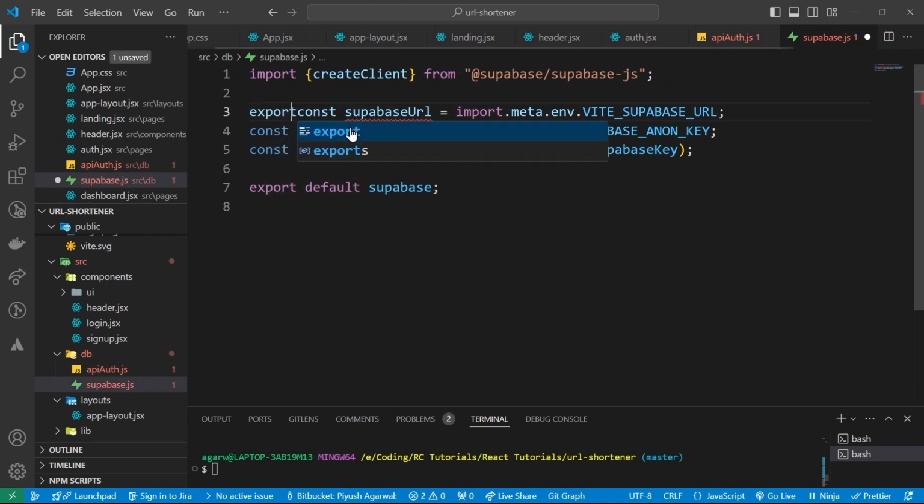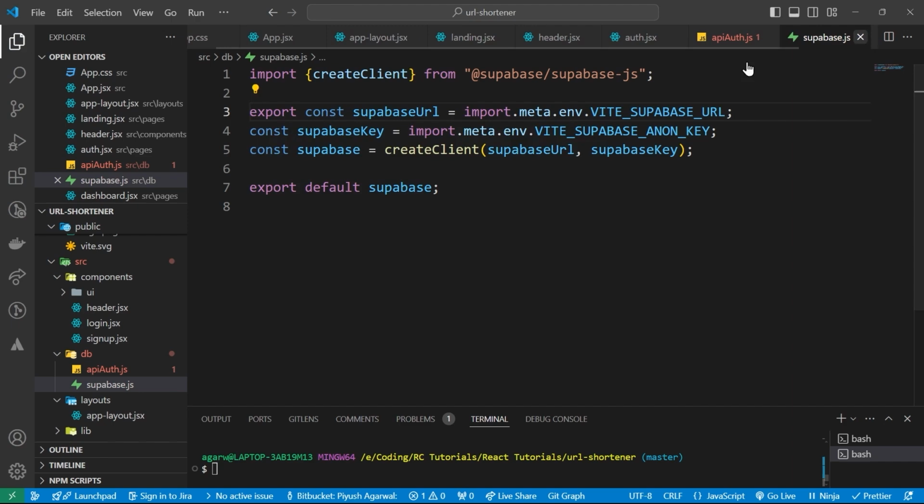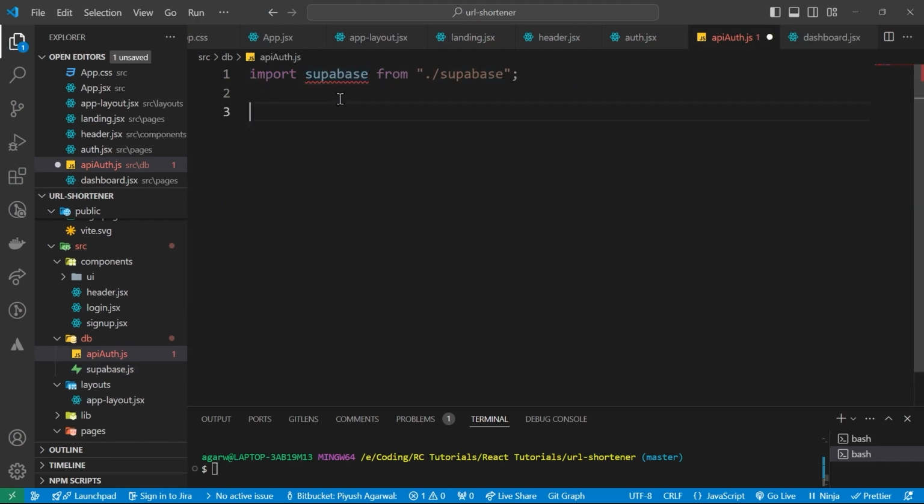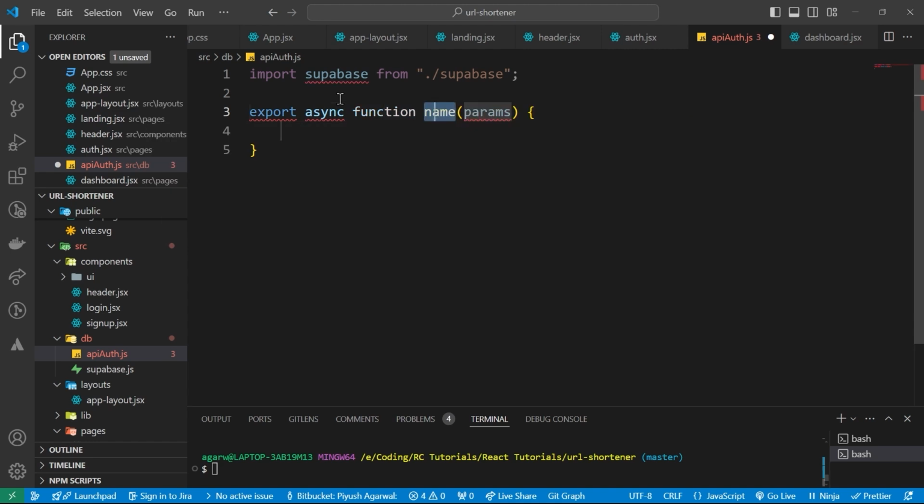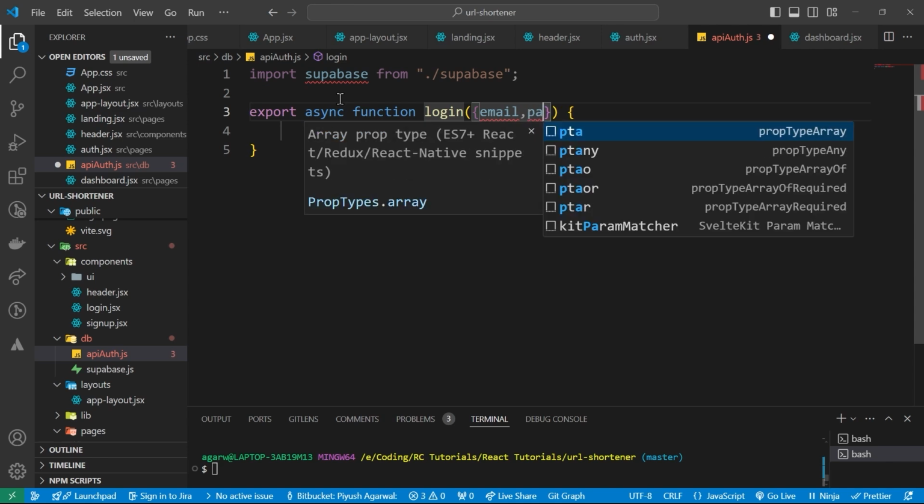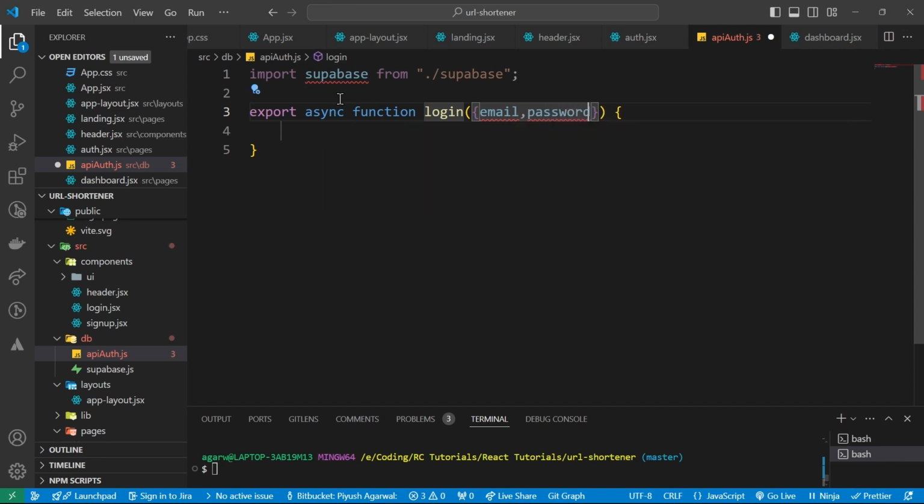But for now, I'll just say export const supabaseUrl. For now, I'll just take this Supabase and I'll say export async function, and inside this function, let's just call it login. We will add the login logic, which will take an email and password, and this will basically log our user in. First of all, what I want to do, I want to go back to my app